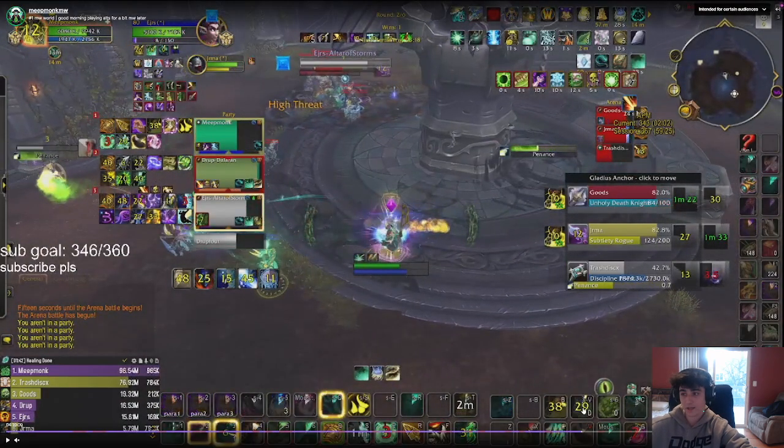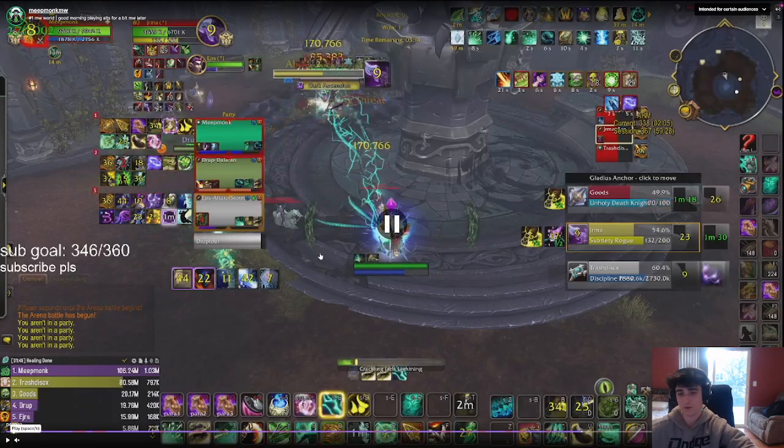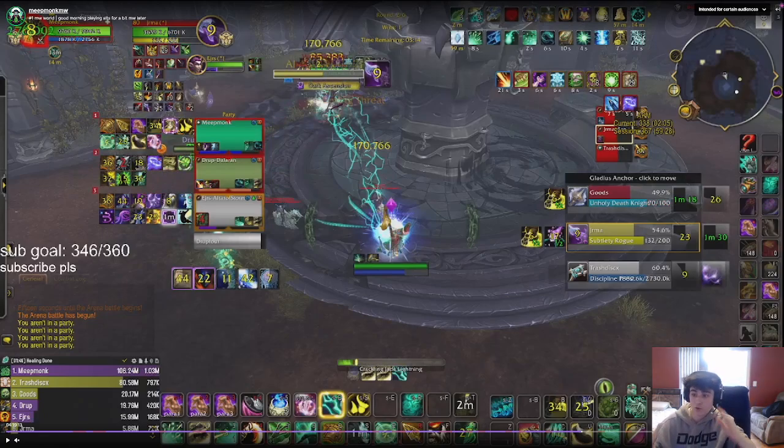Then I pop my Thunder Focus Tea, I get both of my Enveloping Mists out, and then I go for a Crackle. And as you can see, that's going to top the team off right here. It's very important that as soon as you pop your Thunder Focus Tea, in most scenarios, you go for that Enveloping Mist for the 40% modifier on your kill target. Otherwise, your Crackle is going to heal for basically half as much,